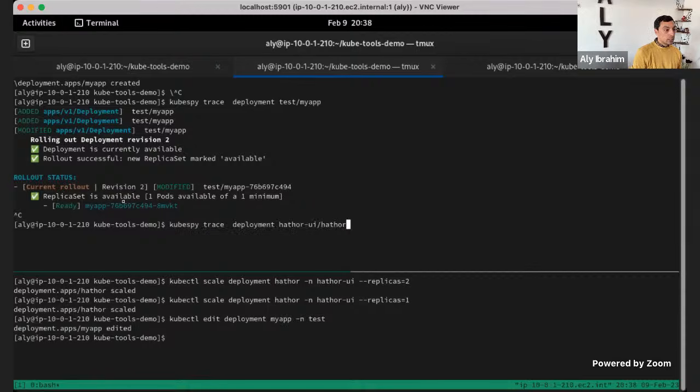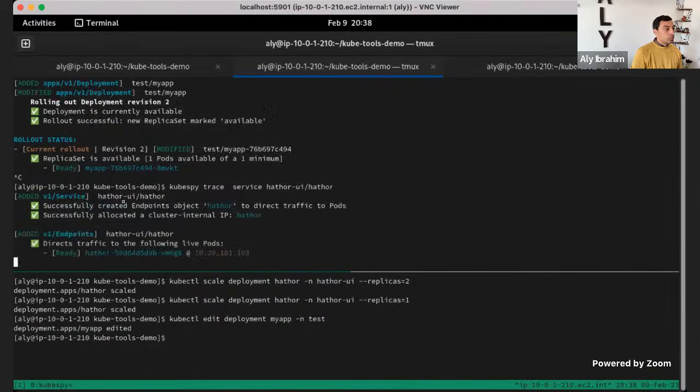That's also very similar if we trace, for example, this service. This is showing you that the service has created an endpoint, and the endpoint is now looking to this.